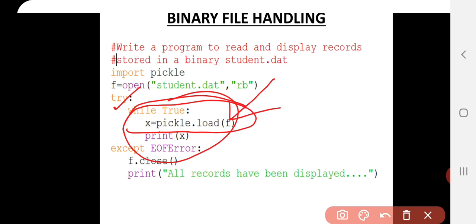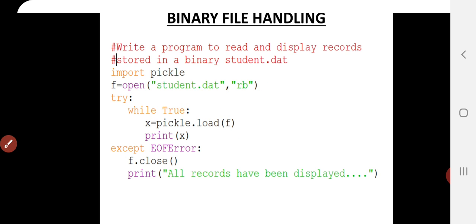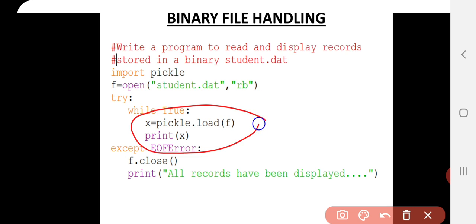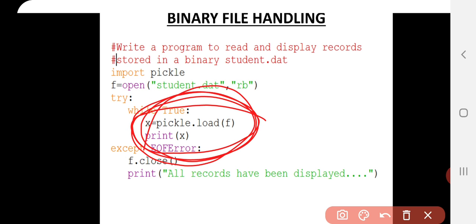File object f has the file student.dat open, so it will read one object, one byte stream, from the file student.dat, and that byte stream will be converted into an object, and x will be holding that record, and thereafter the print statement will simply print that on the screen. These statements, load and print, will be repeated continuously till the end of file is encountered.